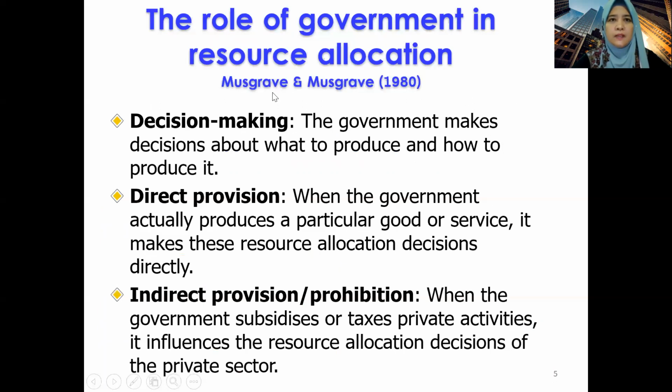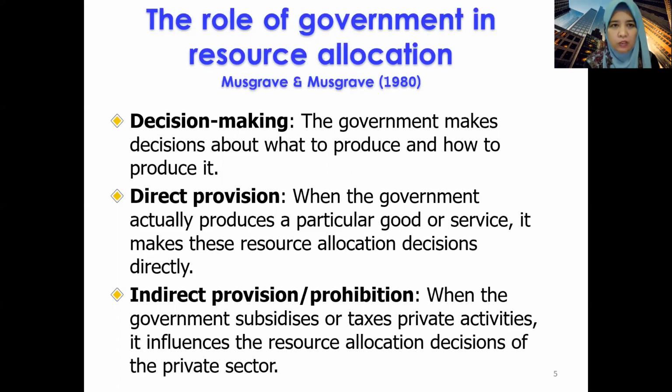Okay, so the next one is the role of the government in resource allocation. From the previous slide, we said that the markets have their own inefficiencies, which may lead to failures that the government has to step in and correct. So what roles does the government have in terms of resource allocation to avoid or to lessen the effect